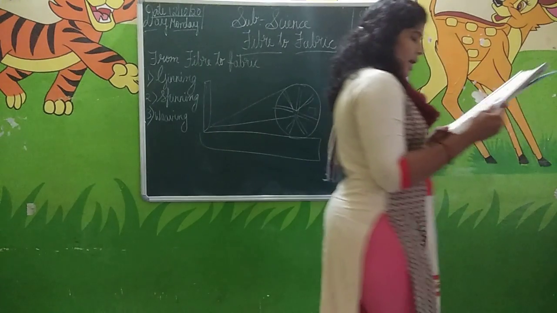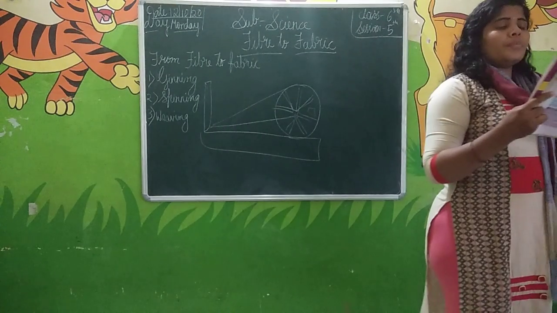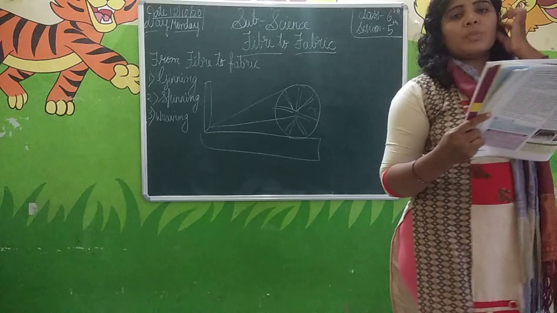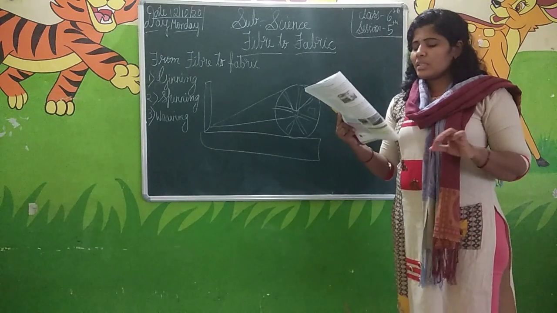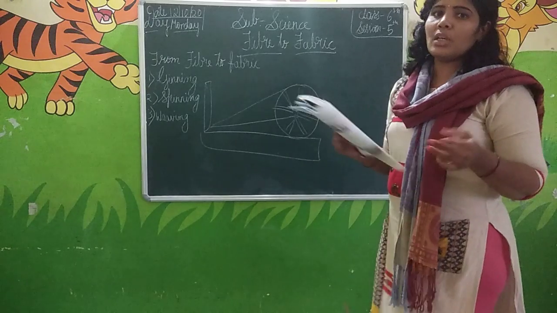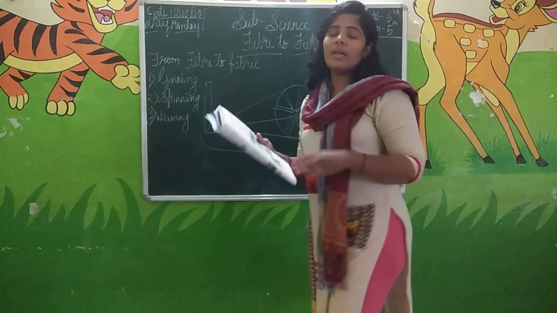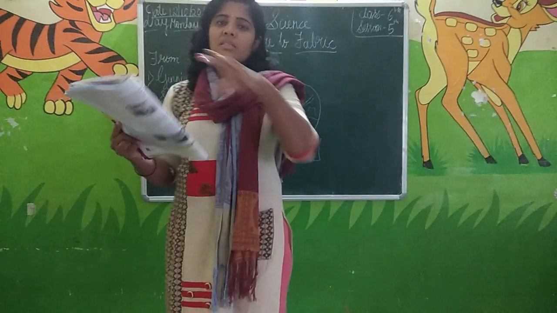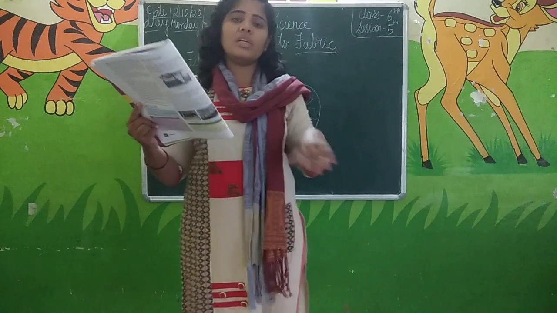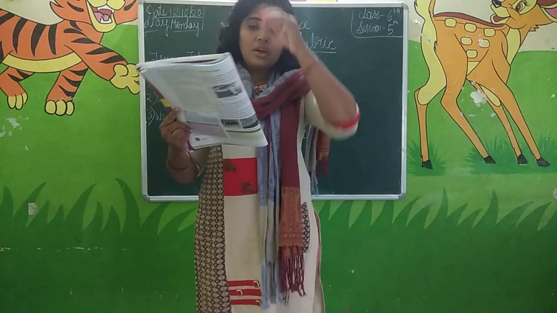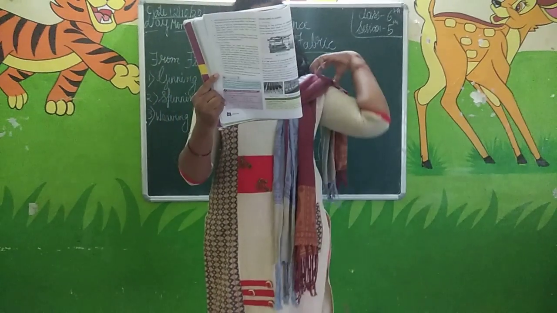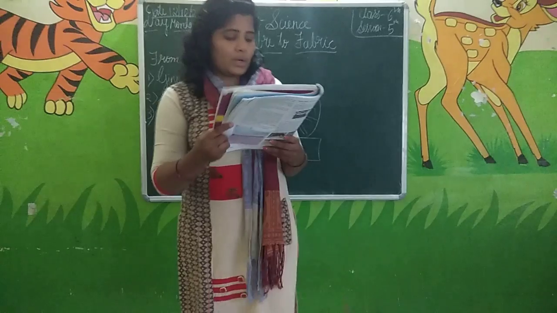Okay, weaving machines we have seen so many. In the library also we can see these weaving machines. What is meant by weaving is arranging two threads in a crisscross method to form a cloth. Some of the threads are arranged horizontally and some vertically to form a fabric with the help of the hand loom.